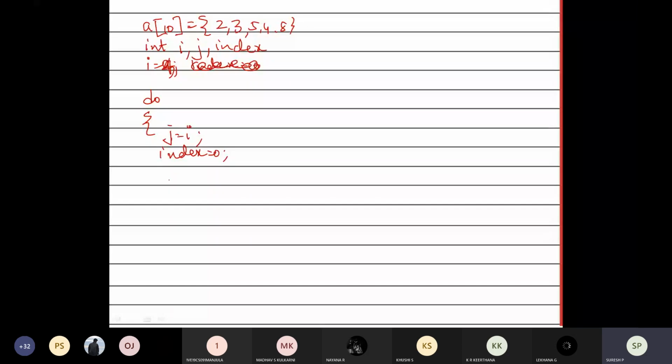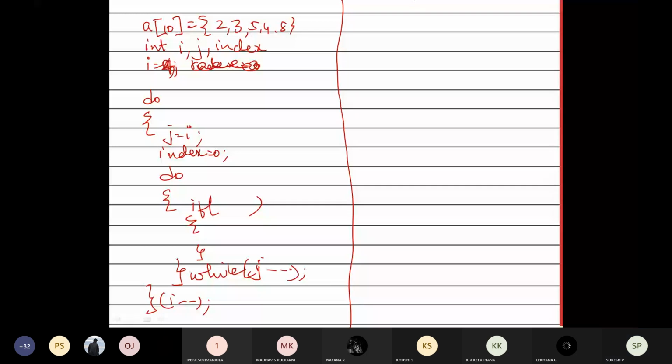Next I'm going to again start with a do while loop. The if condition I'm going to have: if it is greater than 1, I'm going to make a swap. If not, while j minus minus, and then here I minus minus. So this is the C code we have written. The same way I'm going to write it here. These two are already done. So here I am going to do I is equal to 4. This particular part I am doing here.